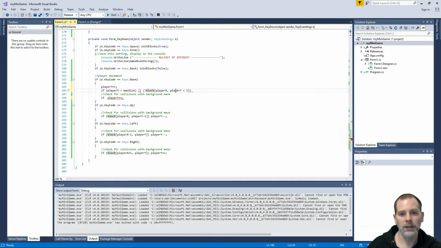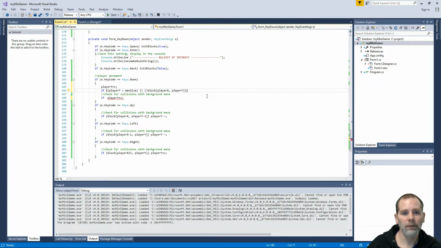Because the false ones are the ones, because remember we're asking if there's a wall there. So if it's a valid position and there's not a wall there, then we're going to go,